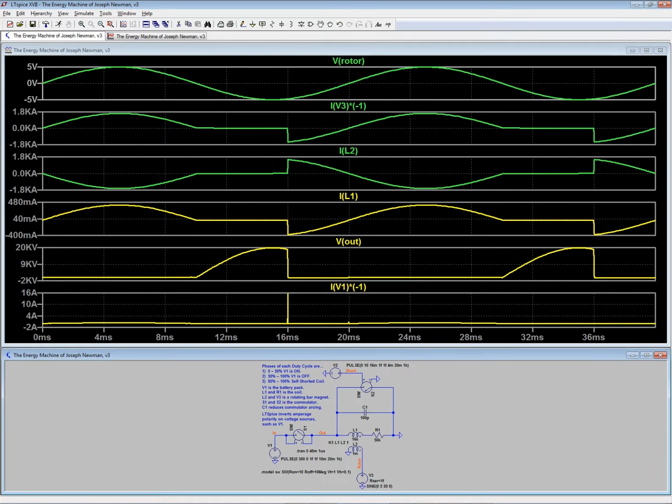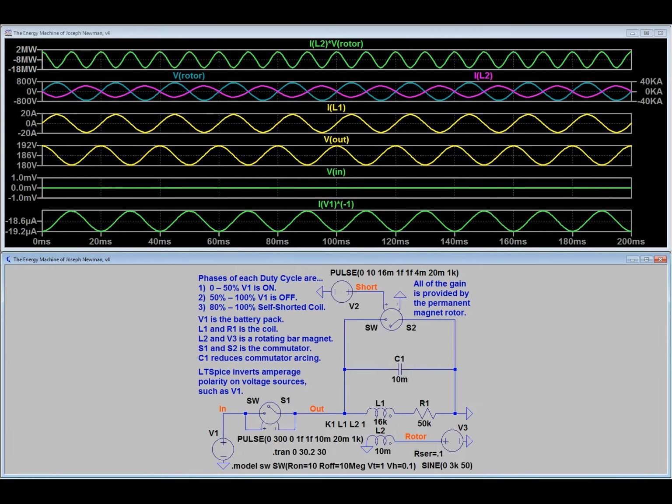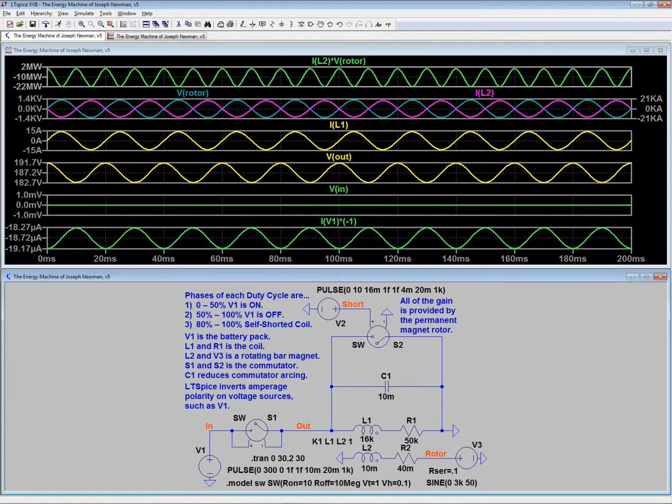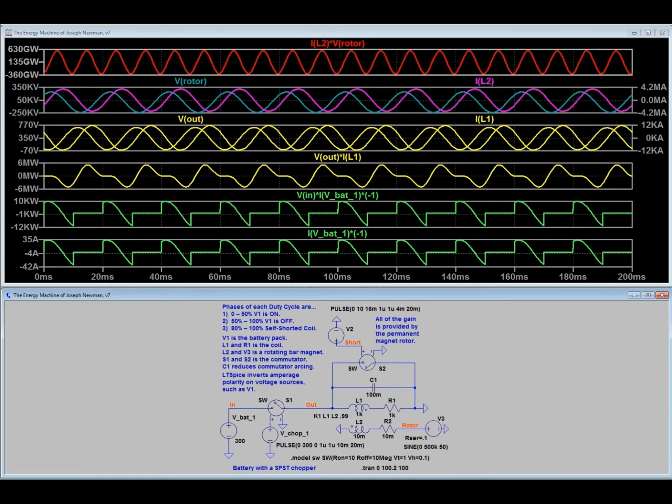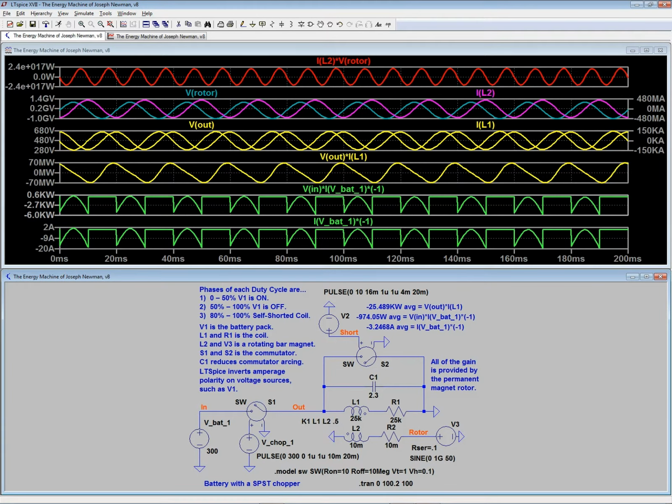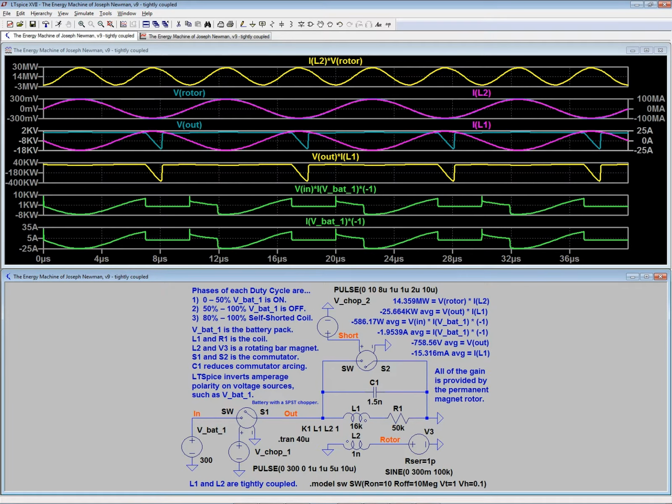So I learned how to manipulate the waveforms and modify them based on changing the circuit to get what I needed, based on Dr. Hastings' chapter 6 of Newman's book, The Energy Machine of Joseph Newman. In chapter 6, he allows Dr. Hastings to take up the whole chapter and talk about his diagnosis and analysis and measurements of the Newman motor, a small table model. And it was on that basis that I used my criteria for developing these circuits until finally I could get the circuit to function pretty much the way Dr. Hastings described